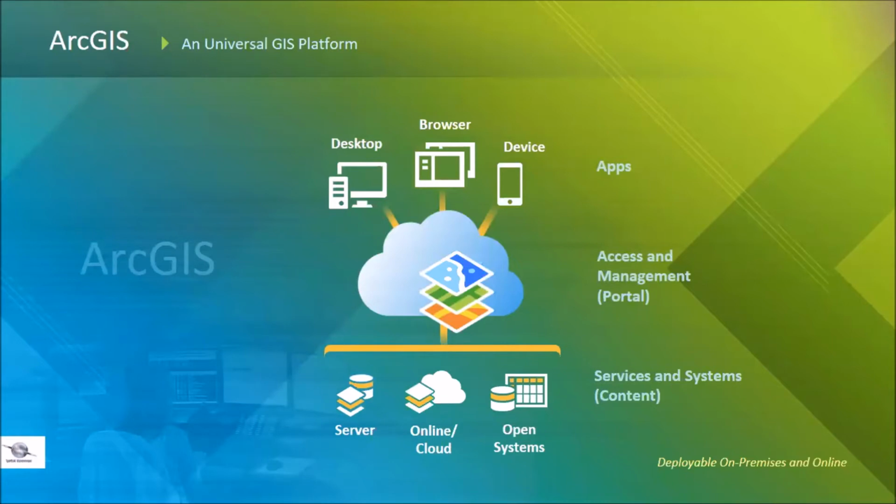One of the apps that will be demonstrated is called ArcGIS Pro, which is represented in the upper left of the diagram as a desktop app. Apps are how you access the content in the ArcGIS platform. They make your data and analytics come to life for anyone on any device, anywhere, anytime. Apps are desktop, browser-based, and apps that run on mobile devices.